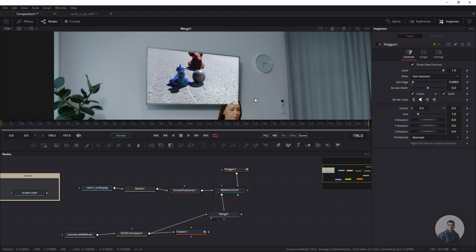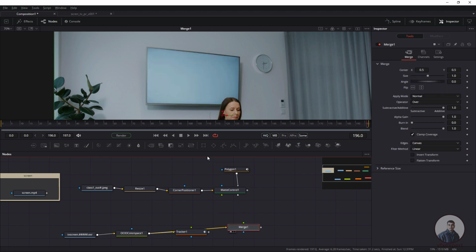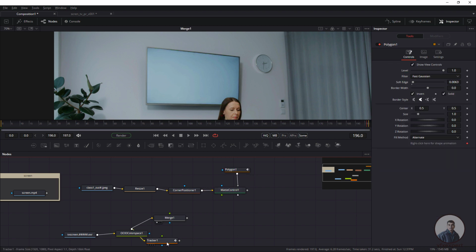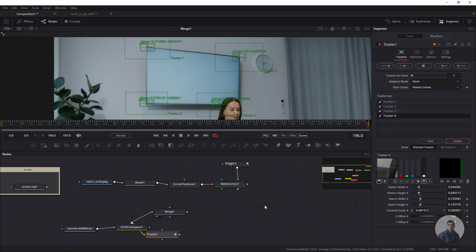So for this, what we can do is go to the last frame again, because I have placed our screen at the last frame. You can place your screen at the starting frame or at any frame. After this, we have to apply tracking data on this image. So unplug this one, because this is just a temporary composite. First, we have to copy this tracker node, Control C, and paste it here.